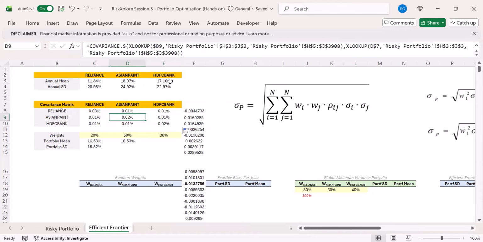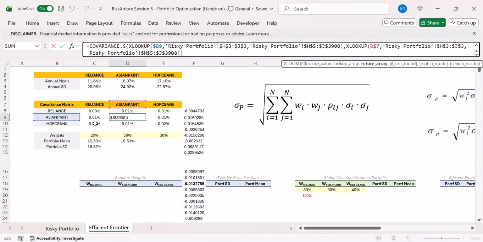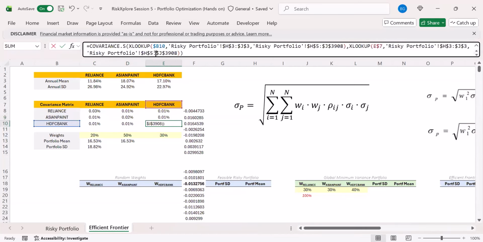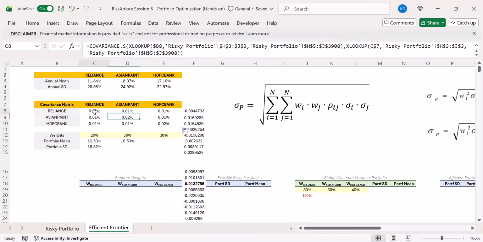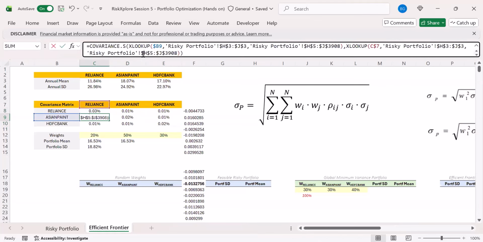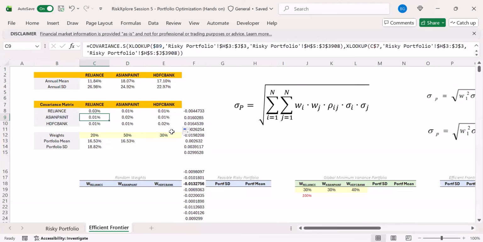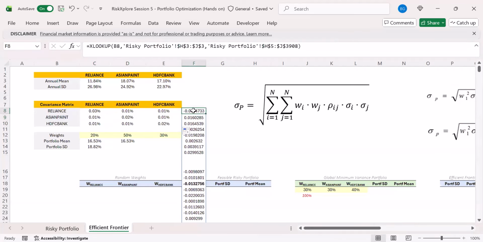So we have dynamically generated the variance-covariance matrix for each of the pairs of stocks. Okay, if you see, we have it between HDFC Bank and HDFC Bank. So if you see the diagonal numbers here, these are nothing but the variance of each of these stocks. Okay, these are the variances of each of these stocks, and let's say this is the dynamic covariance between Asian Paints and Reliance Industries. So covariance,